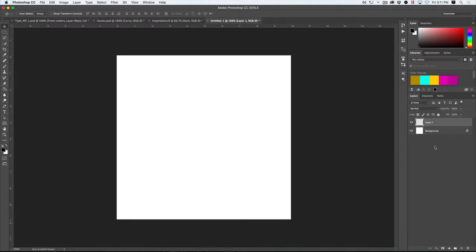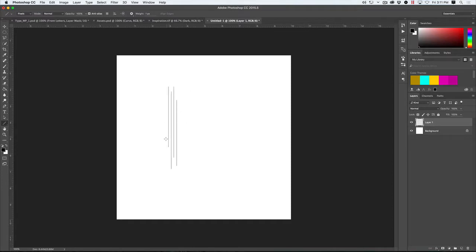So now let's create a new layer, and we'll make sure to hit D on the keyboard for our default black and white colors. And if we hit U, it's going to bring up our shape layers. So we'll go to our line, and up here in the attributes, let's just check, instead of shape, let's go to pixels. Alright, so right now we're at 1 pixel, and I'll just start drawing some vertical lines,